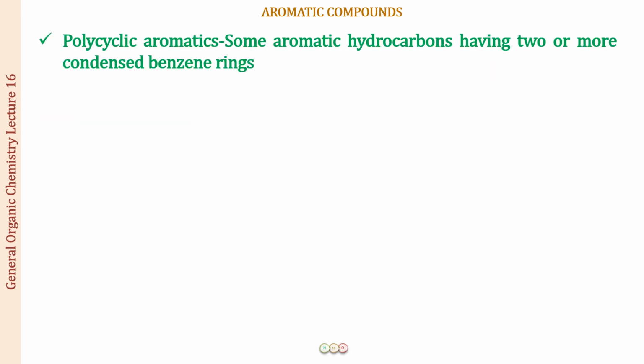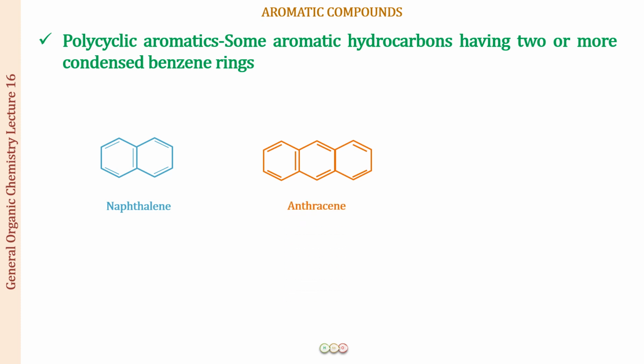Next, we have the polycyclic aromatics, which are also aromatic hydrocarbons, but these are polycyclic in nature. More than one ring is going to be present. All right. So two or more than two condensed benzene rings, such compounds are called polycyclic aromatics. For example, when we have two benzene rings joined or fused to each other, this we call naphthalene. When we have three rings joined to each other, this we call anthracene. And another way in which three rings can be joined together, as you can look at the structure, is called phenanthrene.